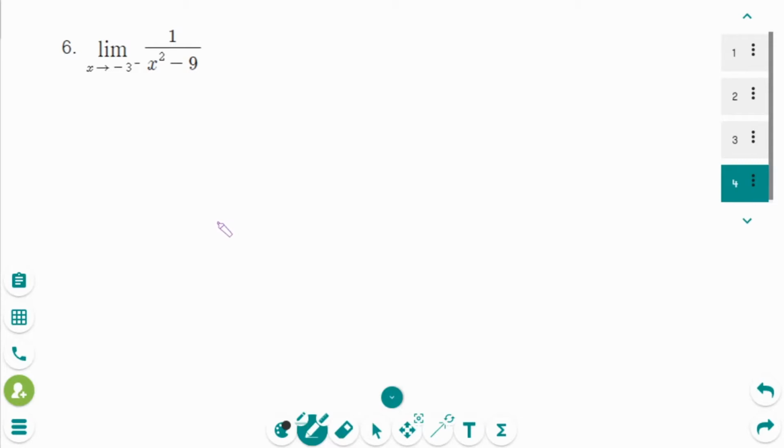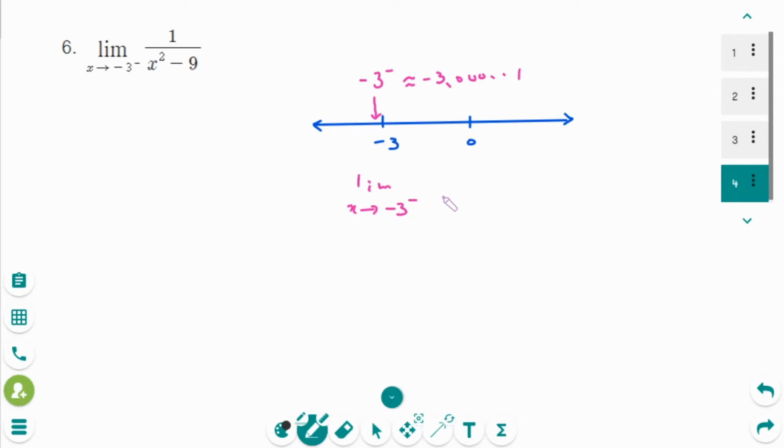From now on, I will try to solve it without a graph. So use the number line here. This is 0 and minus 3. So minus 3 from the left side means here, a little bit less than minus 3, which means minus 3.00001. So limit as x approaches minus 3 from the left side, x squared is actually 9, but in fact